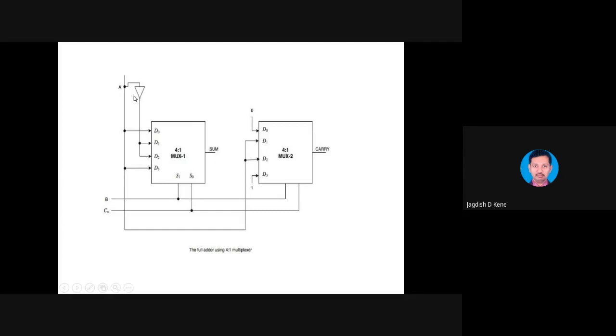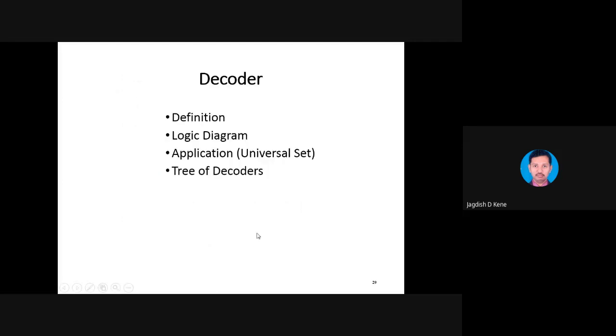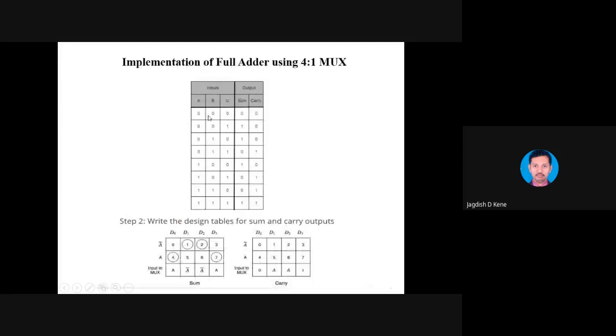So here we have this combination. When we see the truth table, for 0 0 0 the sum is 0. But for 0 0 1, sum is 1. This is I0, this is I2, this is D0, this is